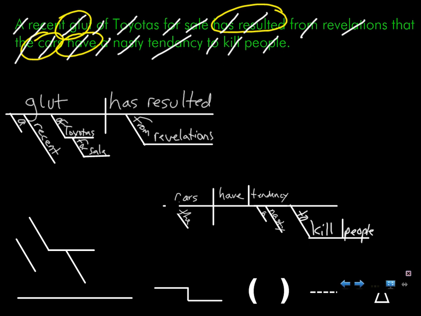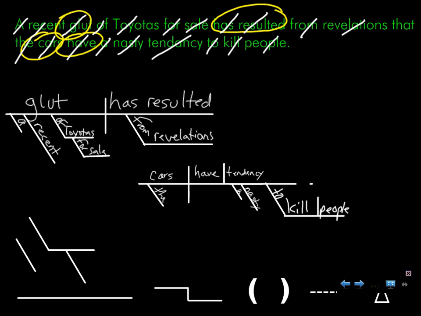You've got the right idea, but you're explaining a little bit awkwardly. It's that which revelations are we talking about? The revelations that the cars have a nasty tendency to kill people, right? So we're describing which revelations. If I say the huge revelations, where does huge go? Under revelations. If I say the revelations that cars have a nasty tendency to kill people, still describing revelations, telling me about which revelations. So I would attach that and probably have,